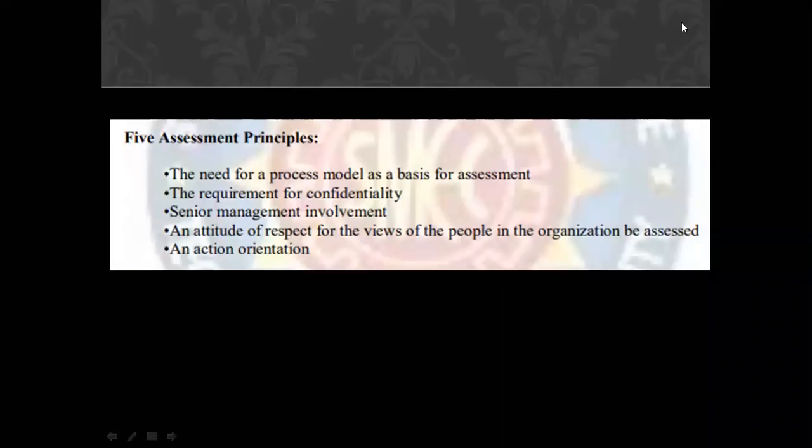What is the meaning of this one? You have to start with a process model. Without a model, there is no standard, therefore no measure of change. That means,